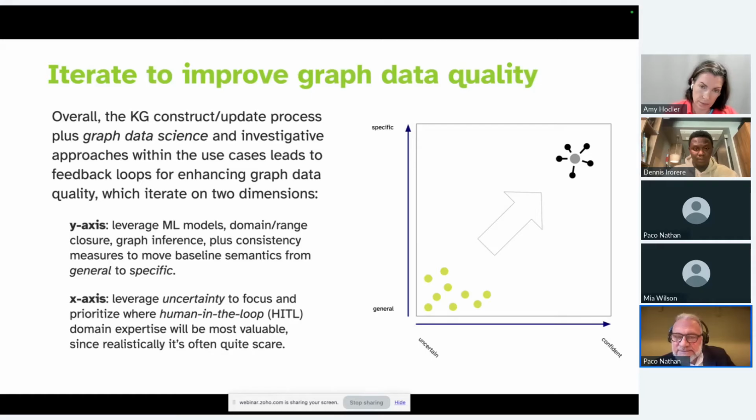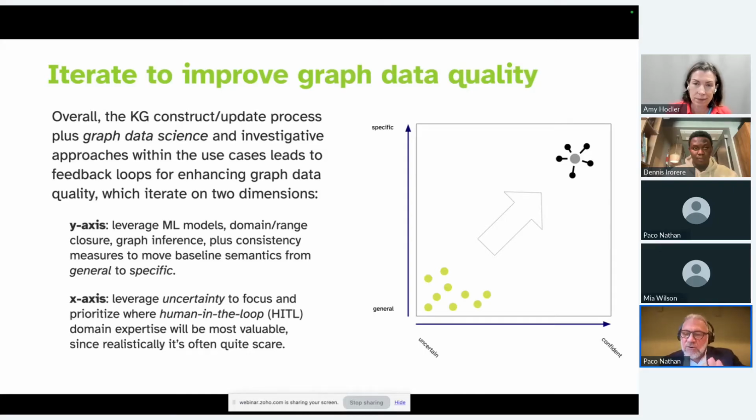And the idea is that whatever elements of your graphs that you can pull out of either structured or unstructured sources, on the left-hand side, you can leverage machine learning models, parsers, domain range closure. If you're doing work with semantic graphs, you could be doing some type of inference off the graph, maybe some GraphML. There could also be rule-based consistency measures, but basically moving from something that's very general to something that's more specific. And we'll go through this in detail, but that's the idea, general to specific.